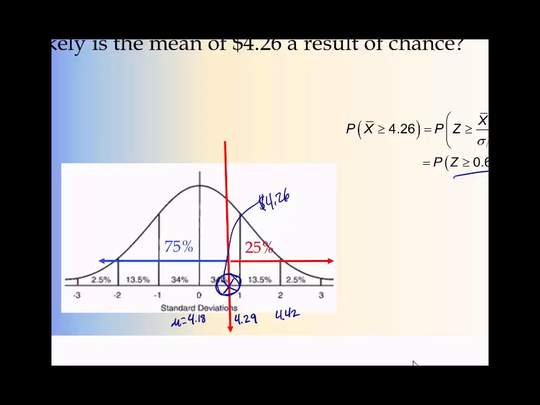$4.29 represents a full standard deviation more, taking into account sample size. $4.42 represents 2 standard deviations more. But nonetheless, our value is right here. So what we want to know is, is our value right here enough different from $4.18 that we can say people, after the marketing campaign, are indeed willing to spend more on iced coffee? So we just want to know if this distance is really enough to be certain that people are now willing to spend more on iced coffee after our marketing campaign.